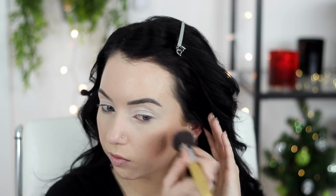Sometimes I'm into the temple bronze, sometimes I'm not. Now using that same brush, I'm going to go into this blush. I also picked up this one there. This is in the shade Rose. This is really pretty. I don't know why I hadn't tried these heart blushes before. This one is like a nice wintry, warm kind of pink. So just to blend the under eye area and everything, I usually like to take just an empty powder